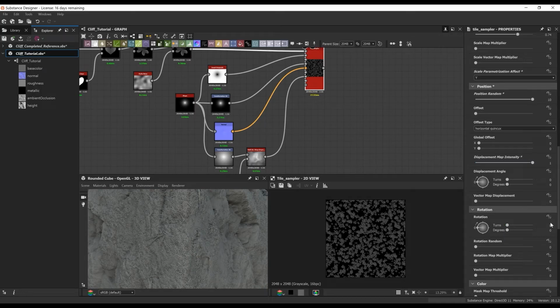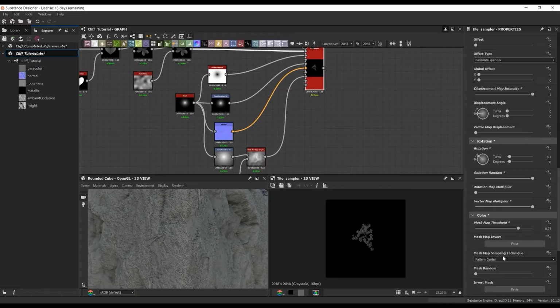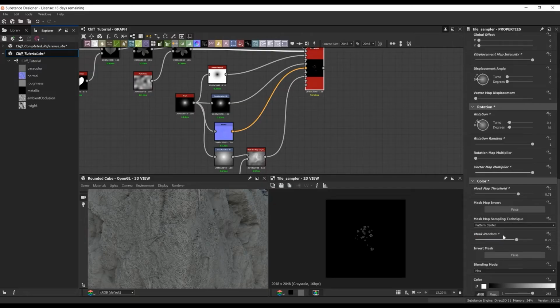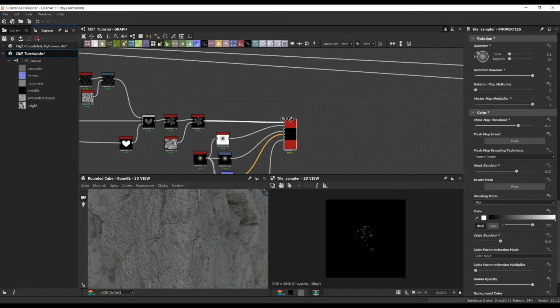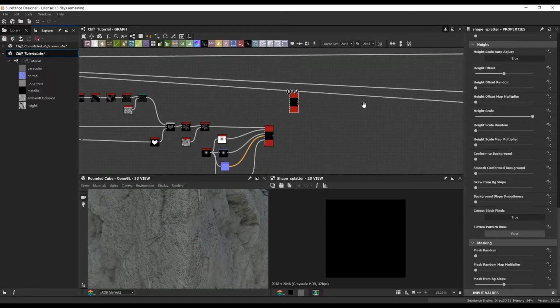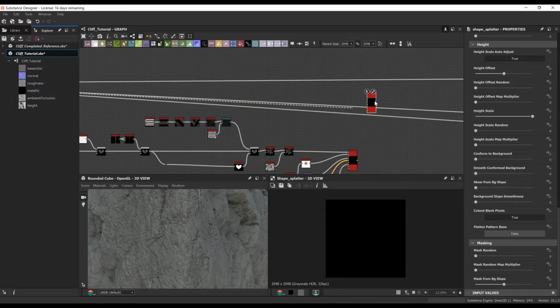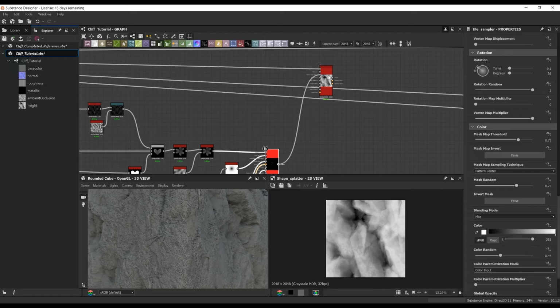Now once we have those plugged into the appropriate slots, this is me going through the different parameters and finding something that I'm liking. Basically what I'm looking for is a nice clump of clovers so that we can do that same treatment we did with the pine cones, where we do a shape splatter and overlay them on top of our moss.